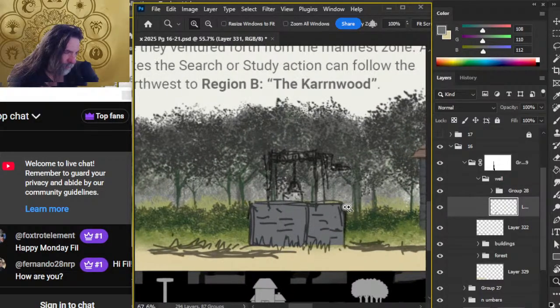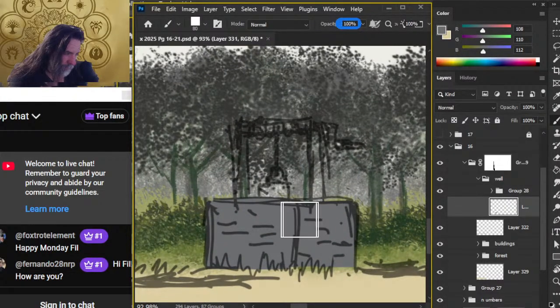And then we'll do the same block texture effect with this as we did up there, but it'll be different because it's foreground versus back. And that's a decent start. Now let's